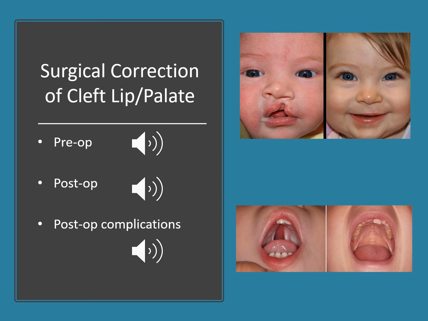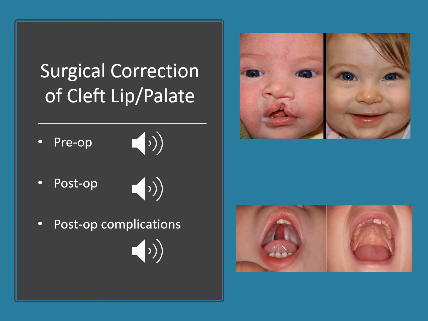For a cleft palate, we need to avoid using any objects for feeding that could harm that cleft repair. So no use of spoons or forks in the mouth. Food really has to be able to just slide right off the utensil into the mouth. And we want to avoid the use of suction or other objects in the mouth, like tongue depressors, thermometers, pacifiers, straws, especially when there's a cleft palate, and that's just to maintain the integrity of the surgical